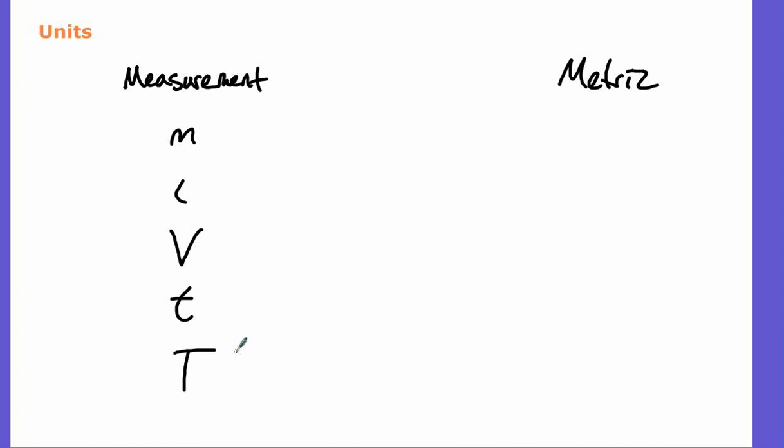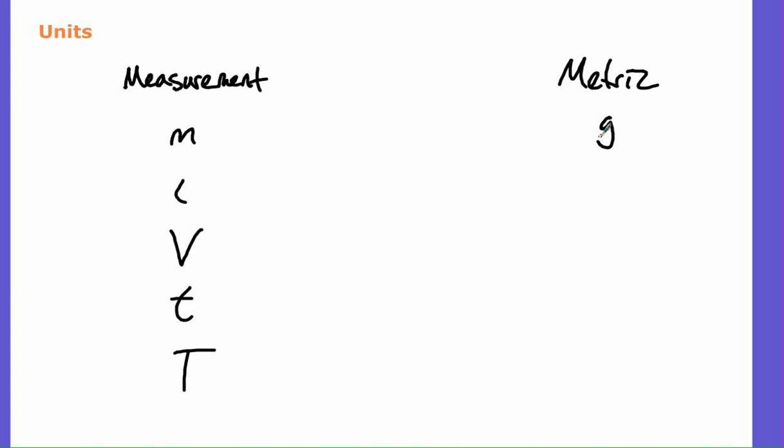Eventually you start having to deal with a lot of those things in the same equation, and it can get kind of confusing and daunting. It is daunting to start, but you get used to it. So I got mass, length, volume, time, temperature, and I'm just going to go over the metric things for those, right? So mass is supposed to be grams, right? We have a balance in the back of the room that you can obtain the mass of any object with.